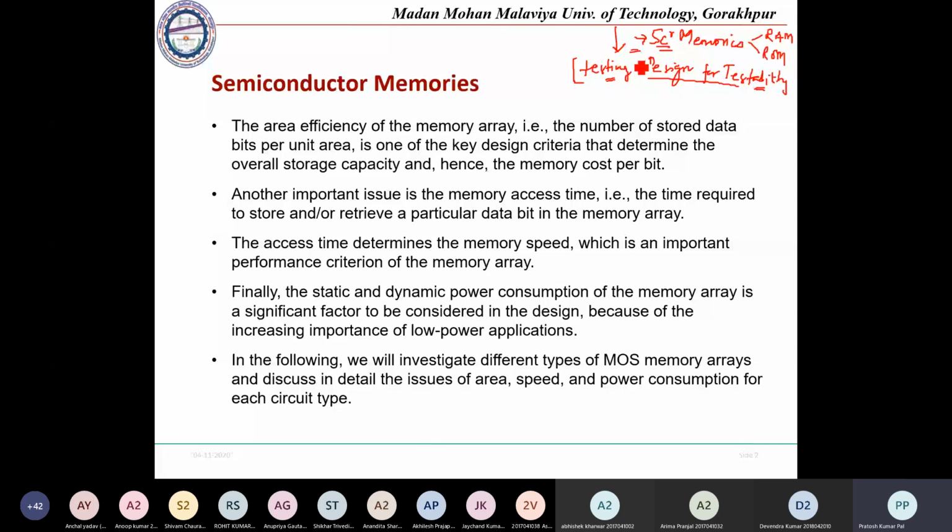Suppose a circuit we have designed, and this circuit will have some input and it will give some output. With respect to the input, some output will be there. In case of testing, suppose it is a three input or four input logic. Suppose a mux is there, a 4 cross 1 mux. It will have four inputs, because based on the select line some output will be there.